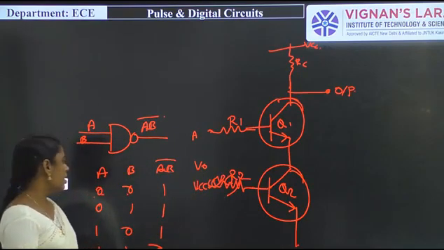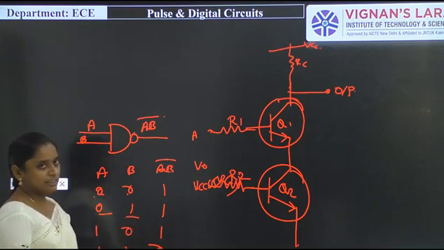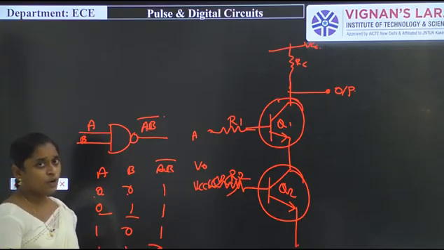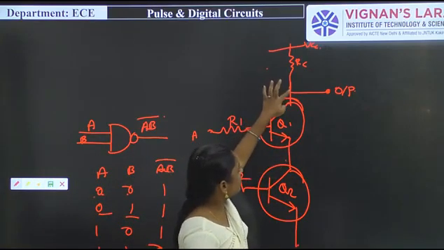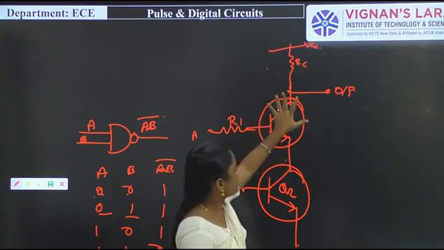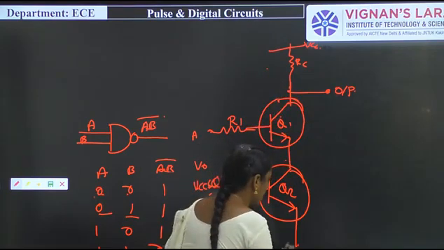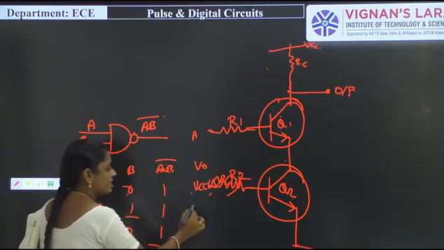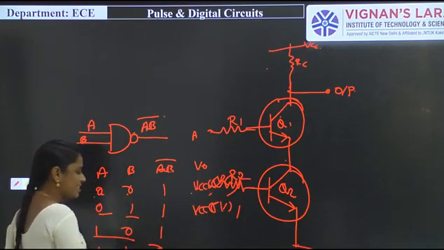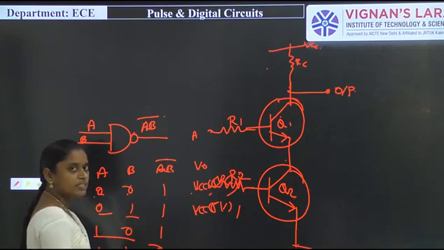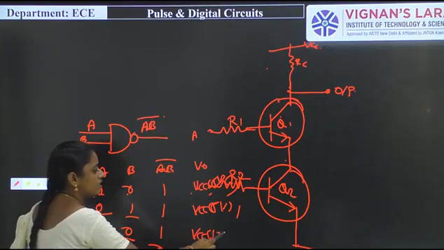So at the next condition, that is 0 volts and 1 volt. In that particular condition, Q1 is in off condition, Q2 is in on condition. Q1 is replaced with the open switch and Q2 is replaced with the short switch. So there is no path of reaching a VCC signal at this side. So the output will be a 1. Why? Because this can be replaced with the VCC. There is no path of VCC to reach the ground. So that's why the output will be a VCC signal, that is 5 volts, simply a logic 1. At the next time also, that is the 1 0 signal, Q1 is in on condition and Q2 is in off condition. In that time also the output will be 5 volts, so that is a logic 1.